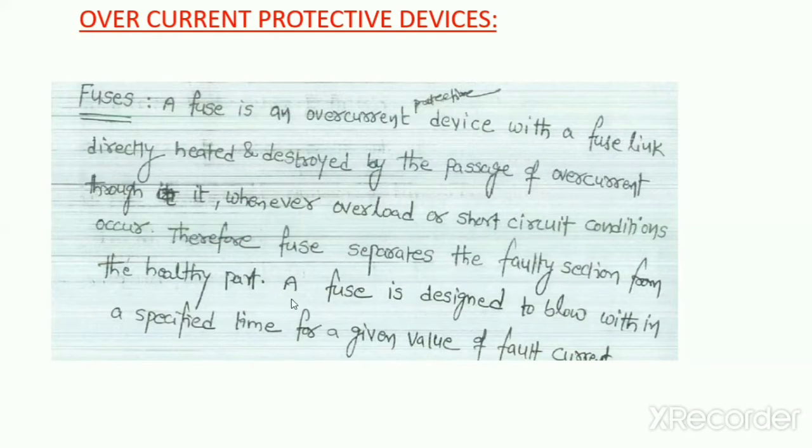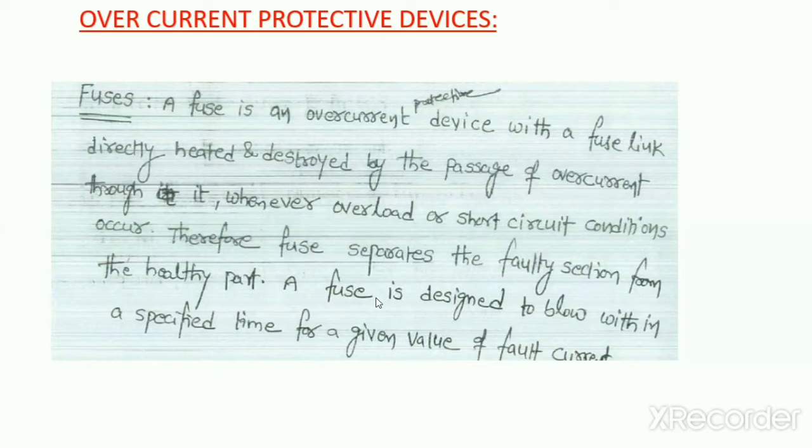A fuse is designed to blow within a specified time for a given value of fault current. The fuse has a rating, and depending upon that rating, when short circuit currents above the rating are obtained, the fuse automatically melts.